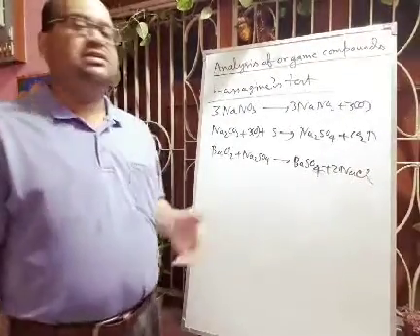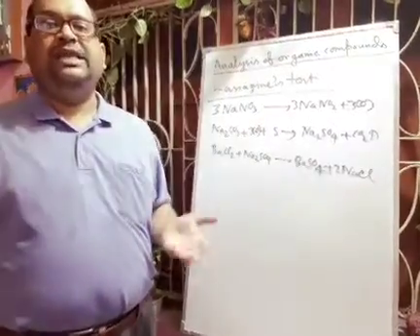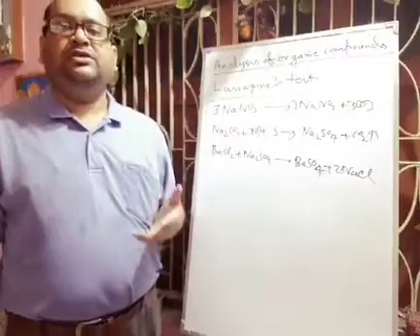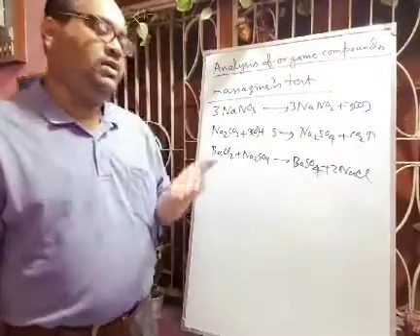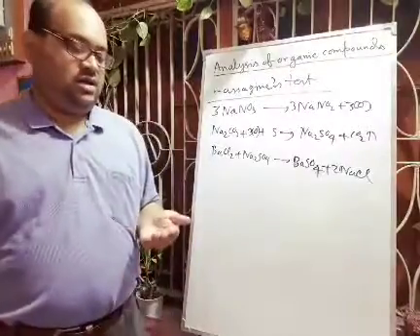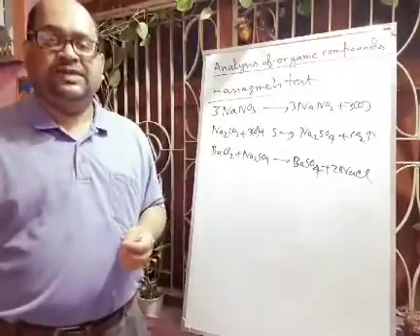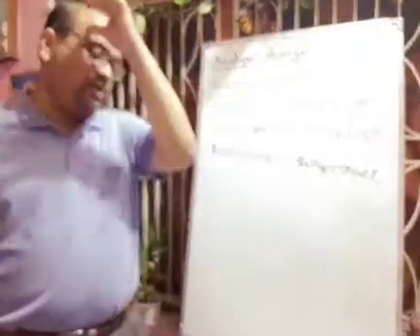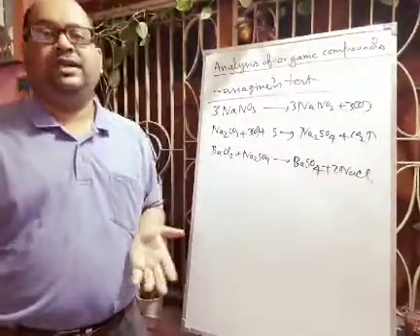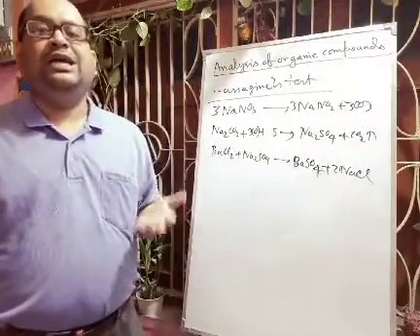And what are the limitations of this Beilstein test? Compounds like pyridine, urea and thiourea, which do not contain halogens, will also respond to this test. So this is not a confirmatory test. You cannot tell that halogen is present. Okay, and it does not tell about the nature of the halogen, whether it is chloride, bromide, iodide, it cannot tell. So here also you have to do the Lassaigne test.